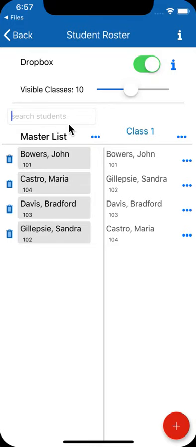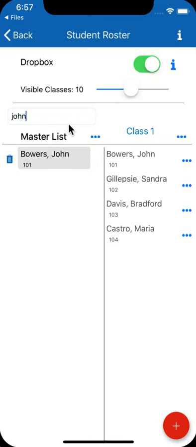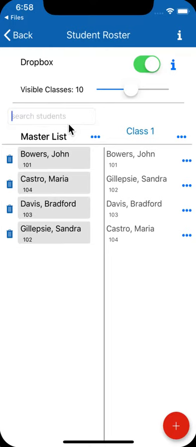You can tap the search button above and type in a name and it'll filter the list down to size to make it smaller. After the master list, you have your classes on the right here with the students in the class. So as you can see, I have 4 students on the master list and they're all in class